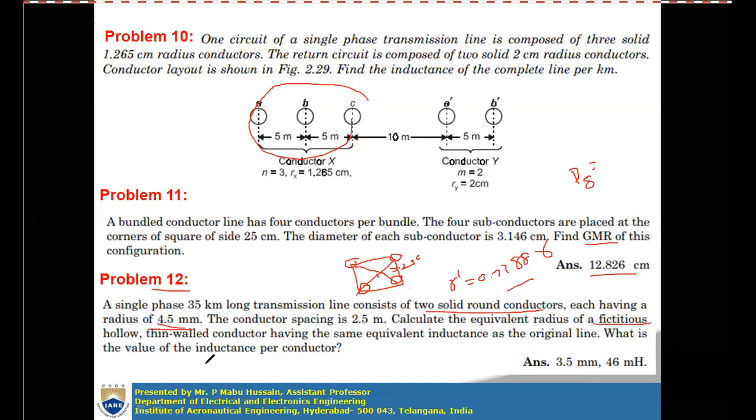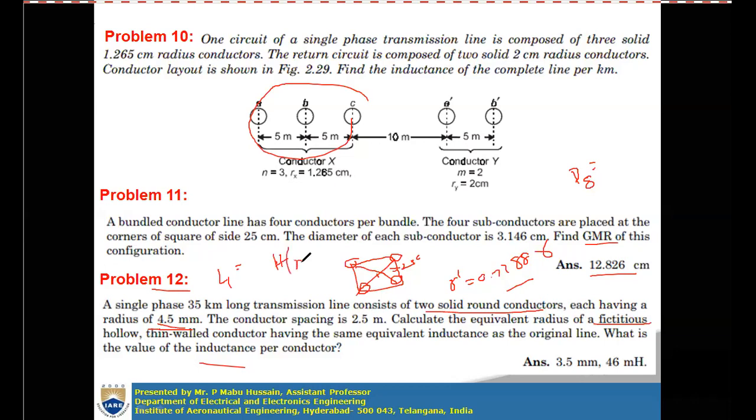Right, so then you can calculate the inductance per conductor. Right, it is a single phase line. Per conductor is for 1 conductor. So this value is equal to 2 into 10 power minus 7 ln DM by DS. Here only a single conductor is there for each phase. So ln D by r dash you can take. So that D is 2.5 meters and r dash is 3.5 mm. If you calculate with 3.5 mm, right? You will get the inductance, which is in henries per meter.